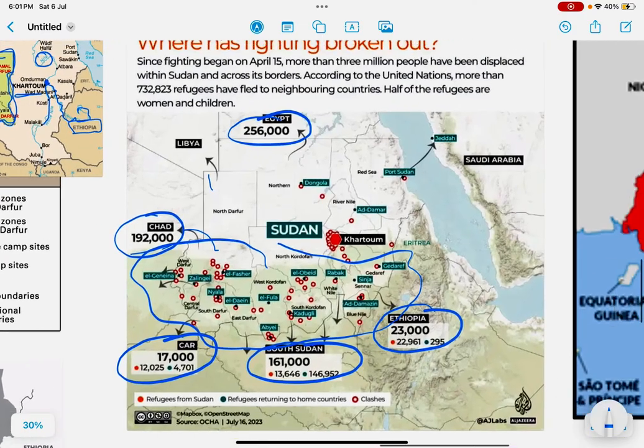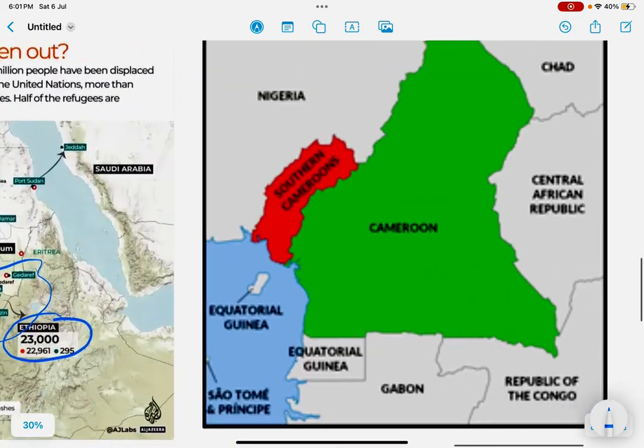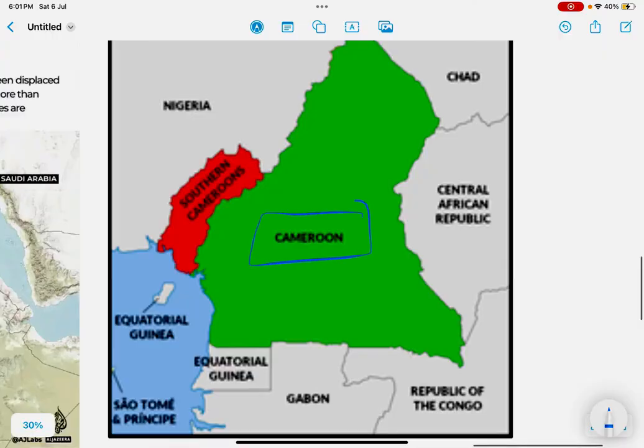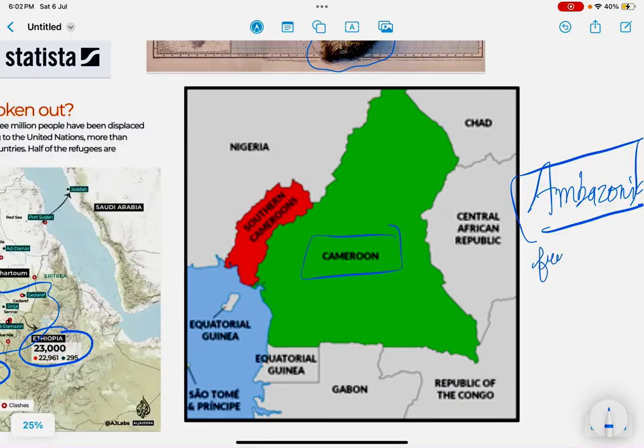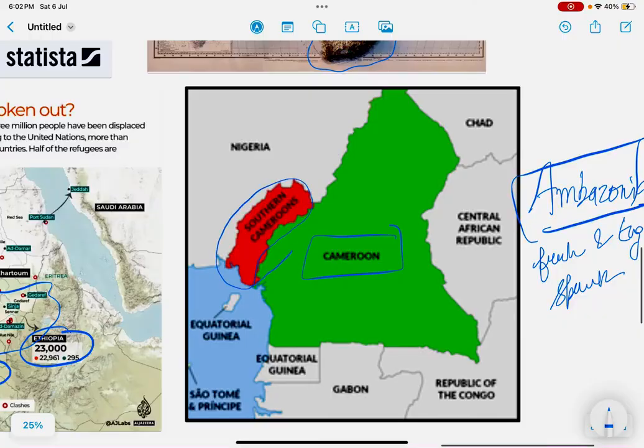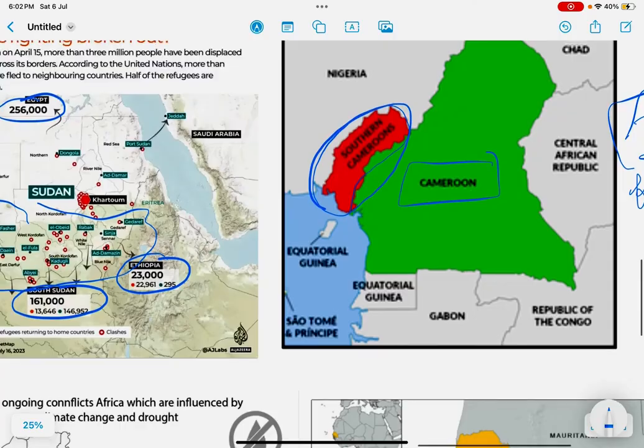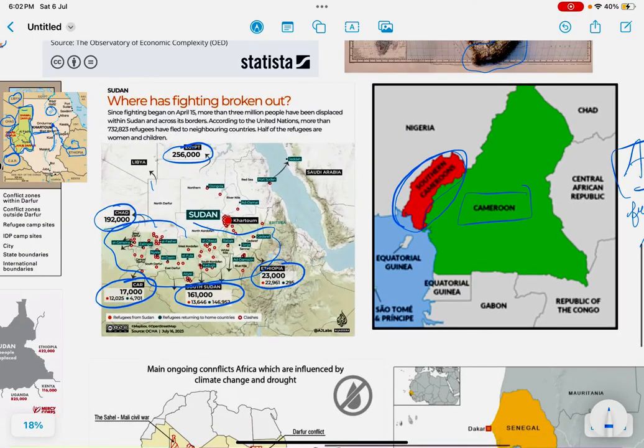the conflict in Sudan. Another conflict region is in Cameroon. In Cameroon, the region is called Ambazonia. These are the French and English speaking people. The conflict is between French and English speaking, and this region in southern Cameroon, you can see here, is also in conflict. So next map we are going to see